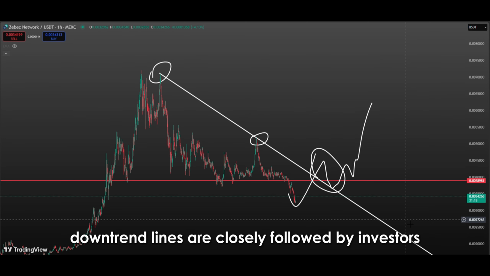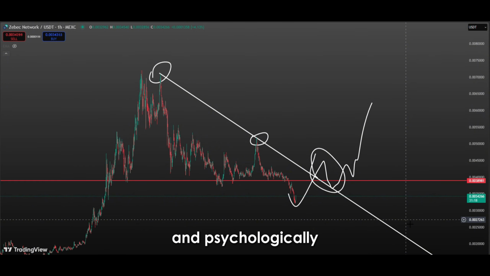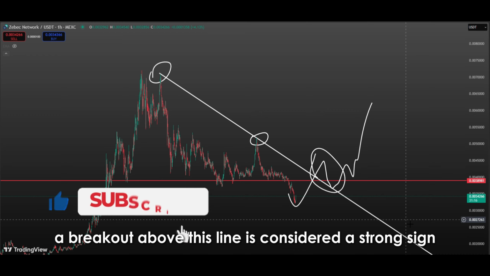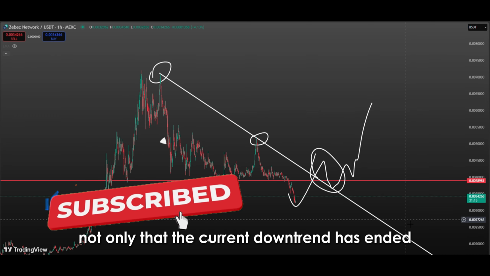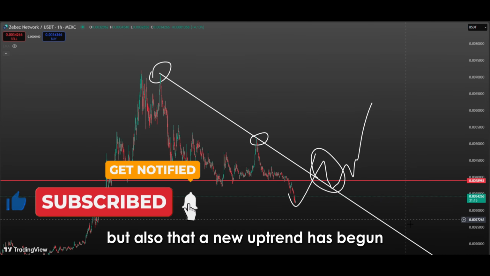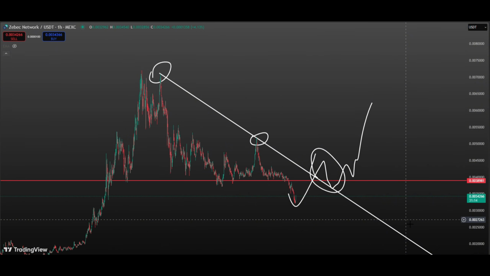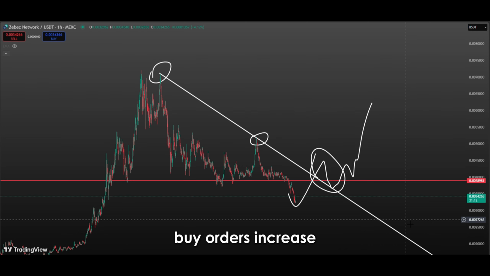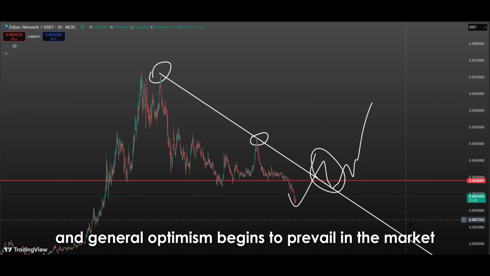Downtrend lines are closely followed by investors and psychologically influence the direction of price movements. A breakout above this line is considered a strong sign not only that the current downtrend has ended, but also that a new uptrend has begun. With such a breakout, investor sentiment typically turns positive, buy orders increase, and general optimism begins to prevail in the